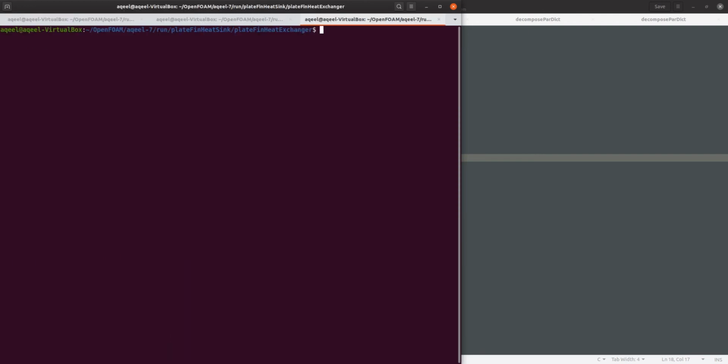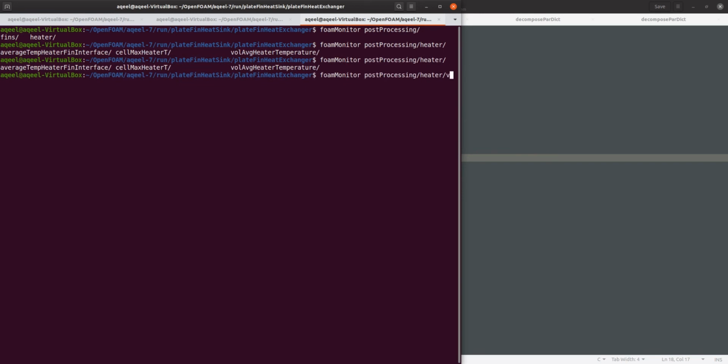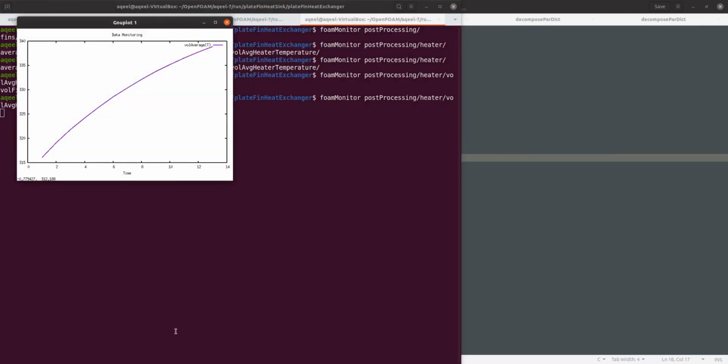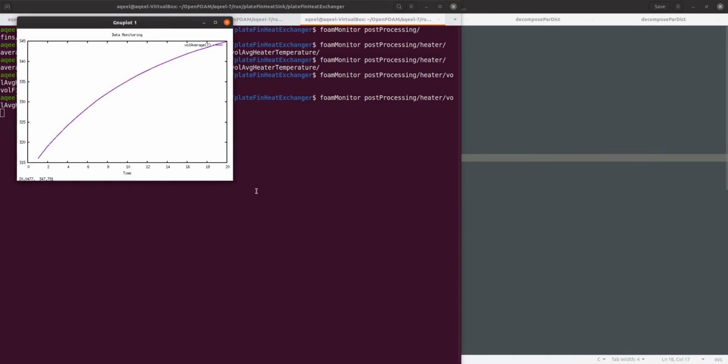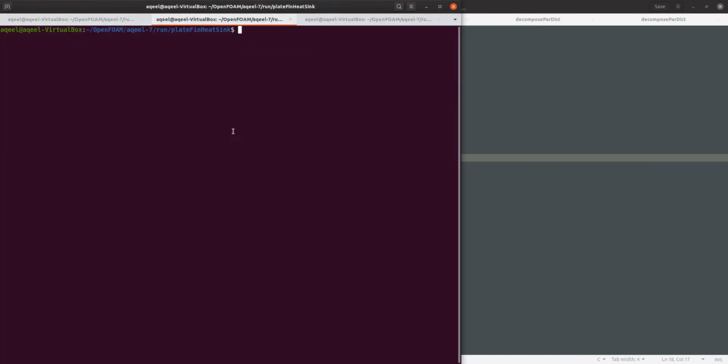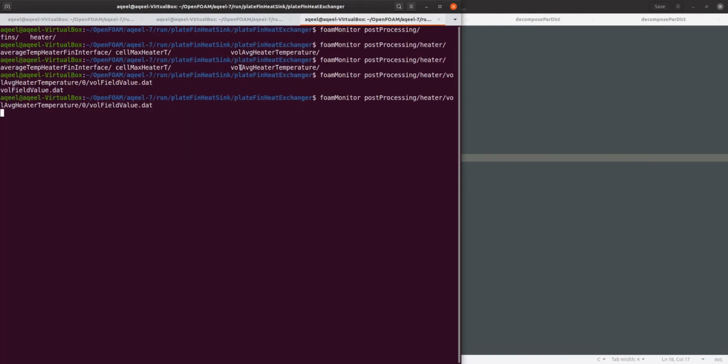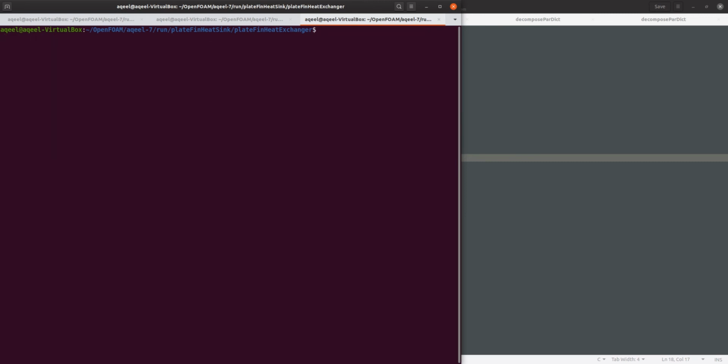We can monitor the temperature as well, for example using foam monitor. In the heater region we have this volume average temperature, so we see that initially there is an increase in temperature because of the heat source, and we can also monitor, for example,